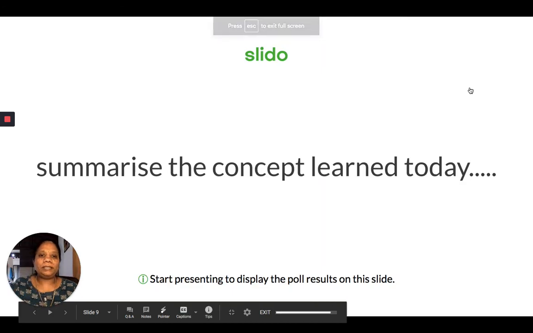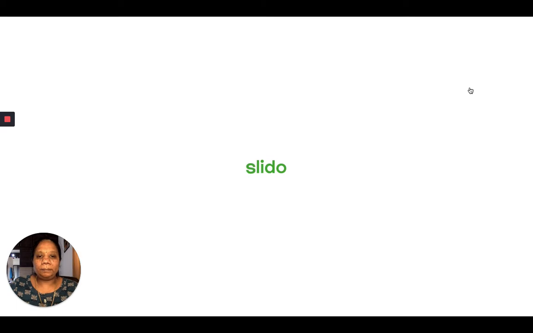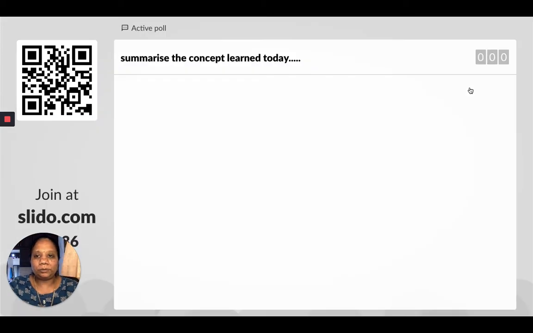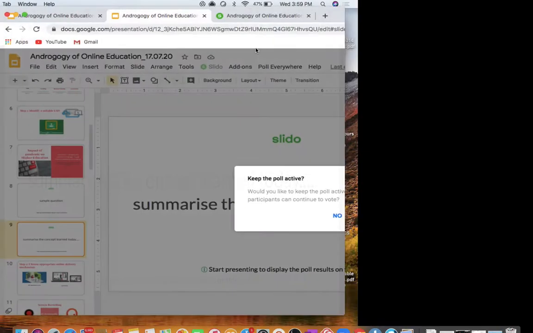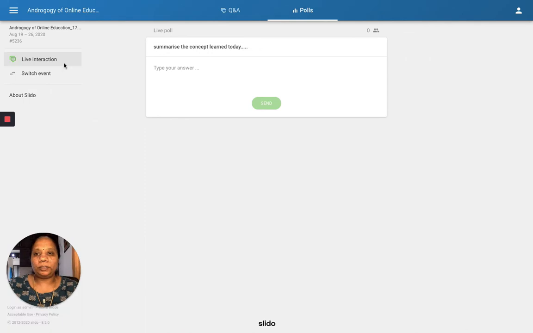So summarize the concept that you have learned today. Okay, so this will be appearing to your students. So as a student, yeah, this is the concept here. Let me assume that the next slide I go in as a student. Okay, so immediately, because I have already put in the pin, automatically the second Slido opens for me automatically. Okay, I don't have to enter the pin once again. So this is a student account I'm showing you.